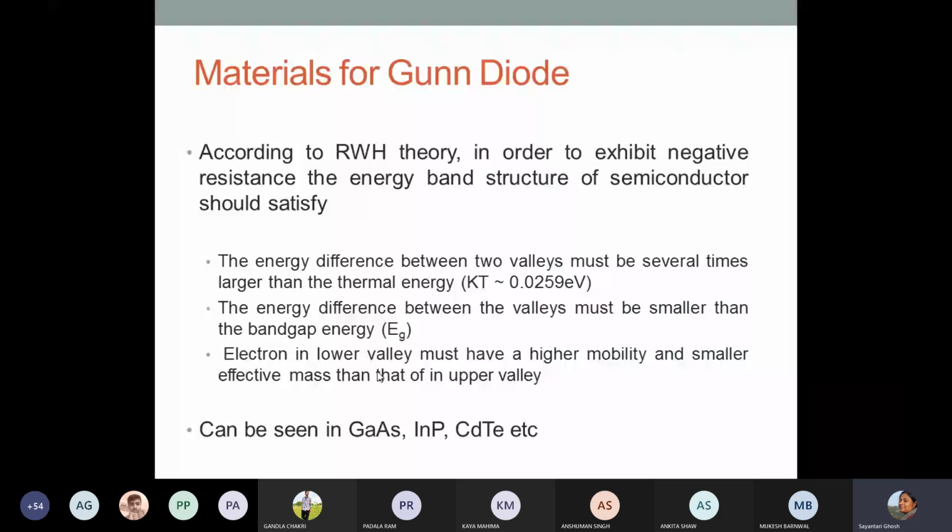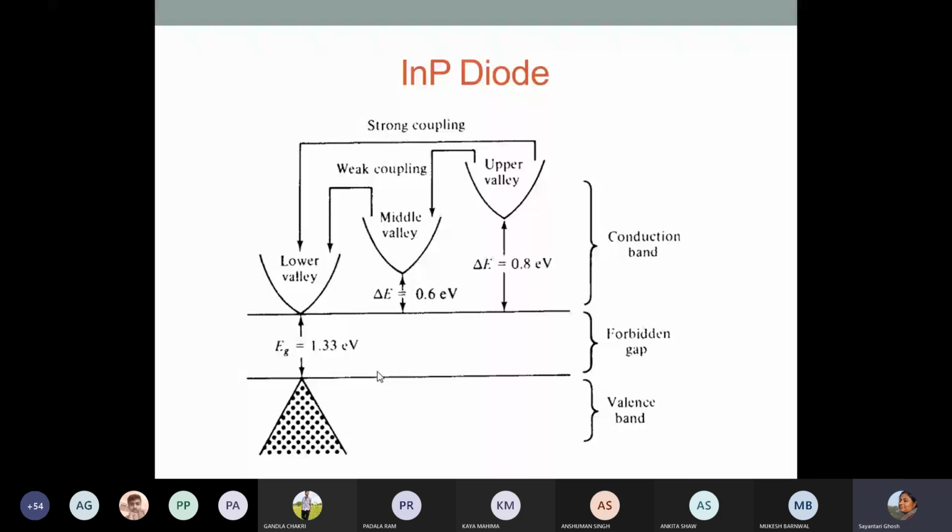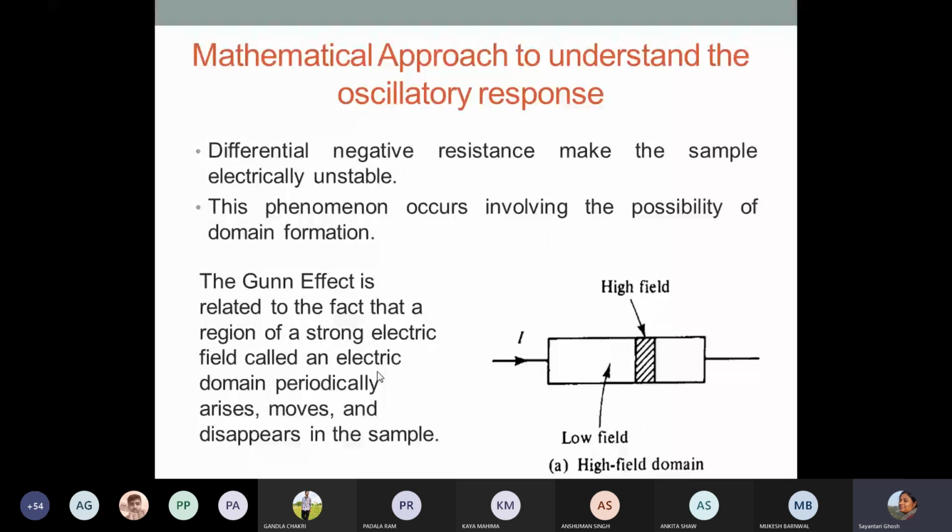So if you use other materials, it can also give rise to three valleys, and a similar mechanism can play its role in that kind of diodes as well. And now to take one more step towards understanding how the oscillations come into the picture, I need the understanding of charge accumulation that I mentioned at the very beginning, that in this kind of materials, they become really unstable because of the really high voltage applied to these materials and the negative resistance. So negative resistance makes them electrically unstable, and a constant accumulation of charge takes place.